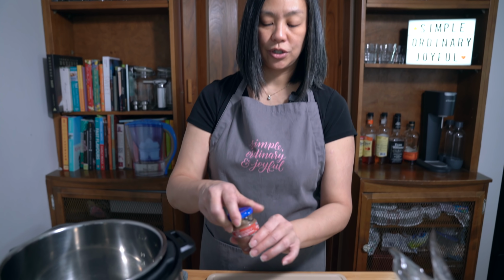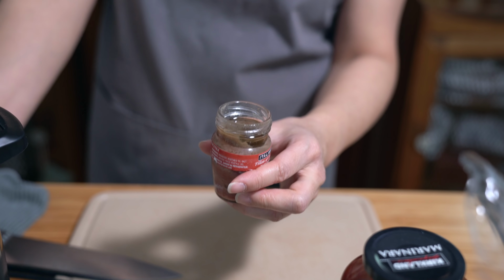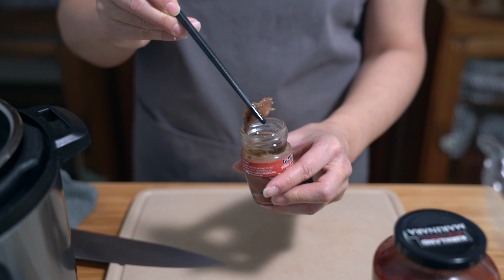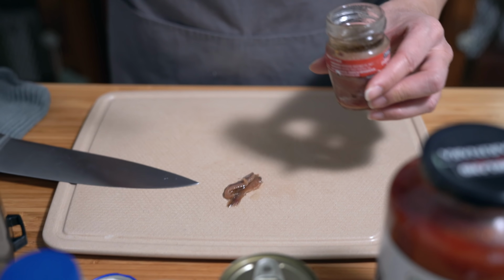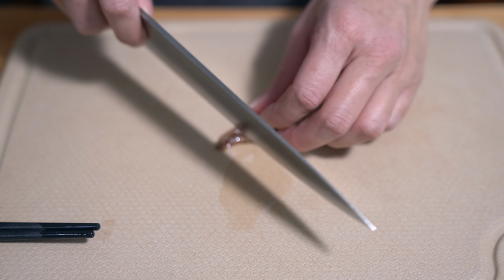In the meantime, I am going to take out a couple of anchovies. And if you don't have anchovies, or if you don't like anchovies, you can omit them altogether. Otherwise, you can also use anchovy paste. Although my Italian friends would be appalled that I would even use anchovy paste because they think it's gross. I'm just using 2 little fillets. And you can use more if you like, but anchovies just add a certain umami, a certain taste that you just don't know what it is, but it makes it so much yummier, in my opinion. So just chopping this up,